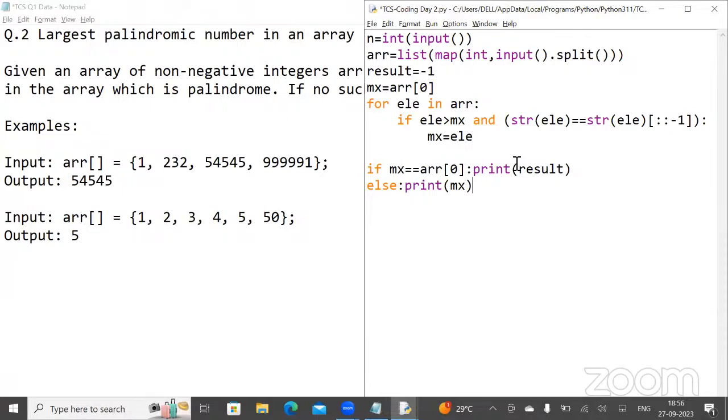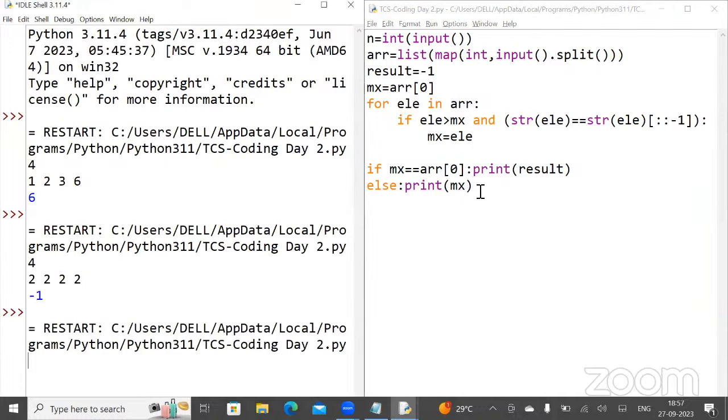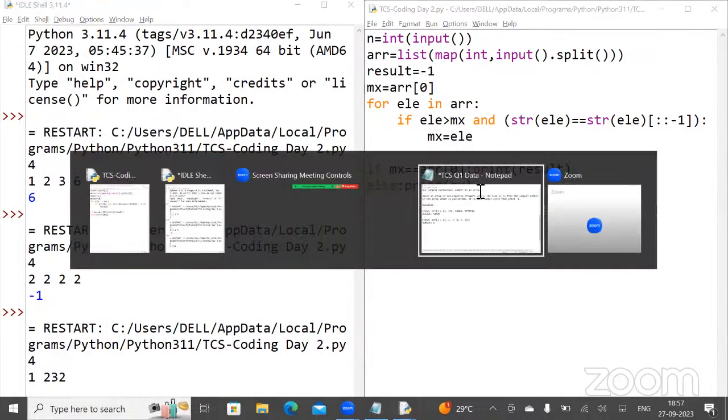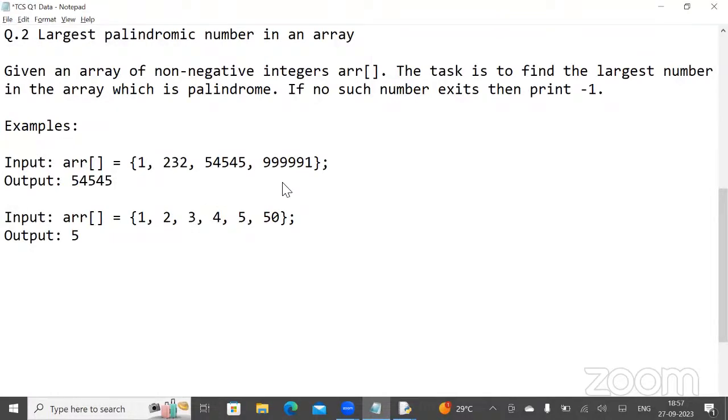Now, let us save this code and let us run this code along with the test cases given. For the first test case, we have an array as input along with this data, and we have to cross check whether the same result is going to come or not. So let us do this. I'm going to save the code. Let us run the file. So we have the value of n as 4 and the array elements are 1, 2, 3, 2. Then the next value that we have is 5, 4, 5, 4, 5.